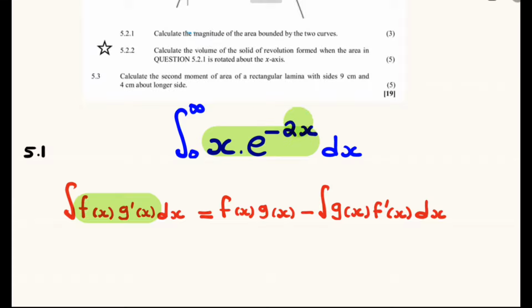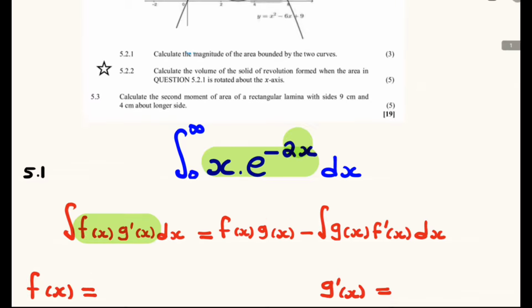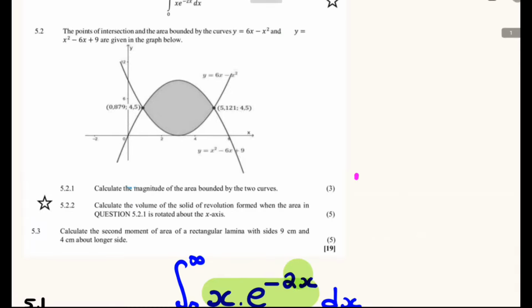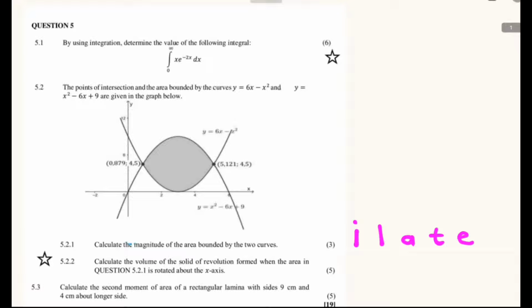This part of the formula for integration by parts is equal to the x multiplied by e raised to the power negative 2x. Between the x and the e raised to the power negative 2x, we determine which one will be equal to the f of x and which one will be equal to the g prime of x. We determine this using the ILATE rule. The first one which will appear on the ILATE will be our f of x. So we have our ILATE where the I